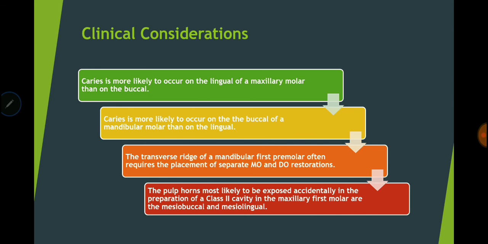Caries is more likely to occur on the buccal of the mandibular molar than on the lingual, and that's because on the buccal of the mandibular first molar there is a buccal pit. Okay, the transverse ridge of the mandibular first premolar often